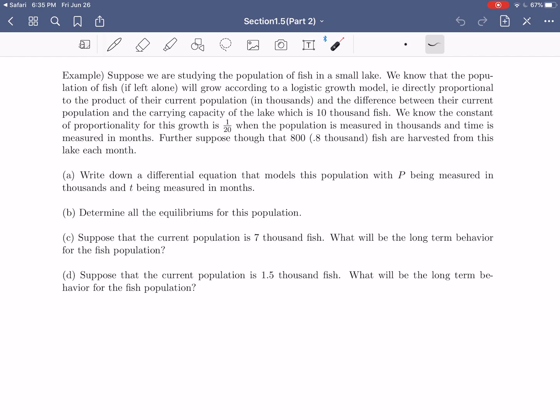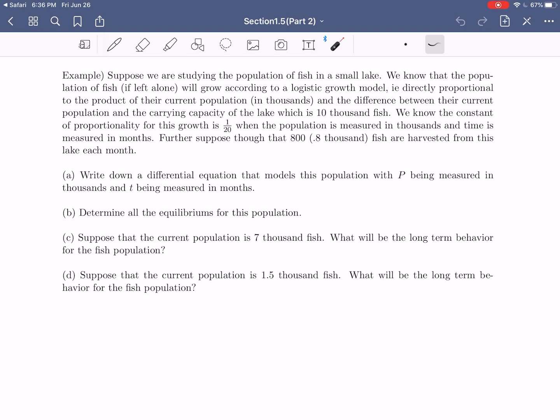So suppose we're studying the population of a particular type of fish in a small lake. We know this population of fish, if left alone, will grow according to a logistic growth model, i.e. it grows directly proportional to the product of their current population, measured in thousands, and the difference between their current population and the carrying capacity of the lake, which apparently is 10,000 fish. We know that the constant of proportionality for this growth is 1/20th, when the population is measured in thousands and the time is measured in months. So notice that that's telling us the units we're going to be using here, the population in thousands,